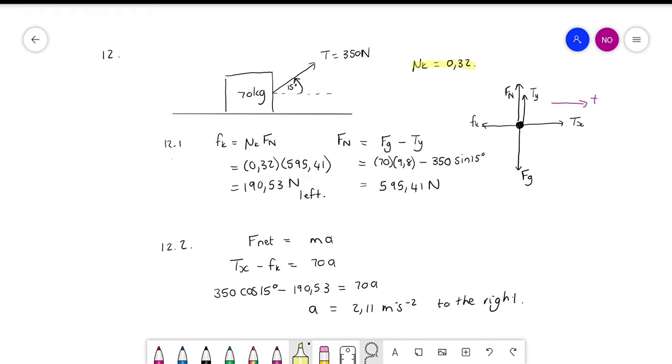Okay, so we don't have any information about how this object is moving, so we can only work with this one. Ons kan nie gaan werk met die sê maar die stelsel wat in ewewig is of so iets nie. Jy kan net werk met die stelsel wat in ewewig is as hulle of jou sê die krat staan stil, but they're telling you it's kinetic friction, so it can't be standing still. Or if it is moving at a constant velocity, and we don't have that information, so we have to work with that. Okay, so they gave us the coefficient of kinetic friction, but I calculated the normal force separately on